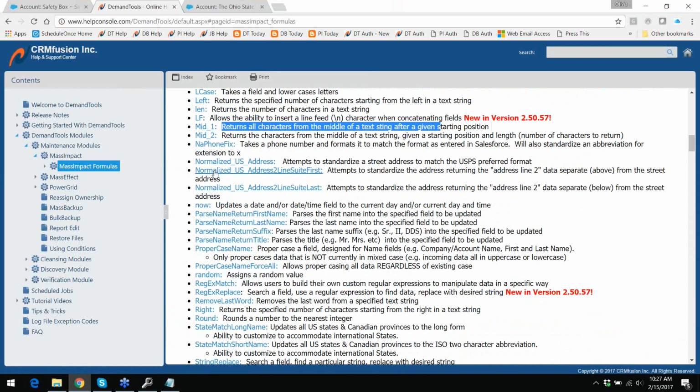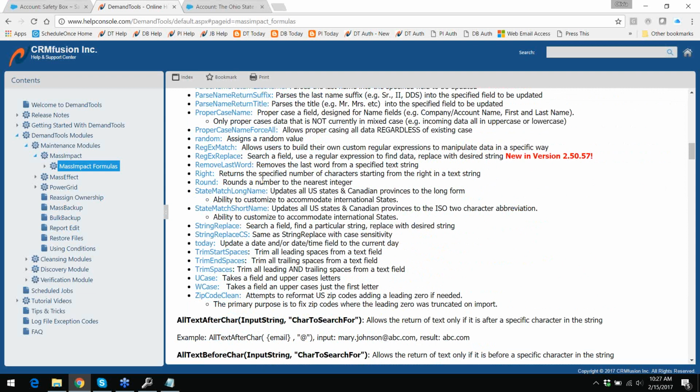Yeah, so that one's another good one. The normalized U.S. address, that one's pretty slick. Make sure everything's in the U.S. postal preferred format. We have a zip code clean. So it reformats, like it says here, the U.S. zip code. A lot of the little blurbs here will tell you which ones are good for data